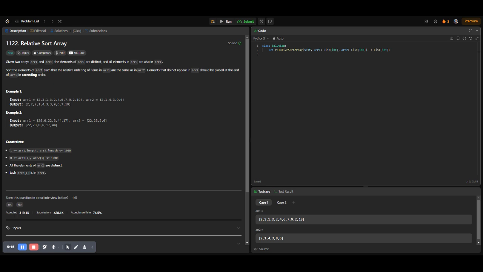So I'm going to do this with the help of a dictionary. So first let's create an empty dictionary, count. And now I'm going to run a loop in